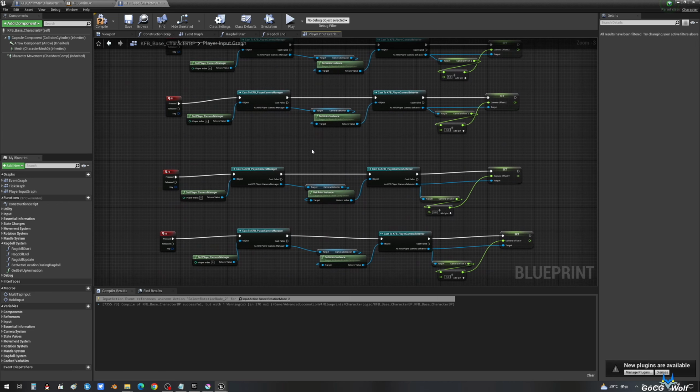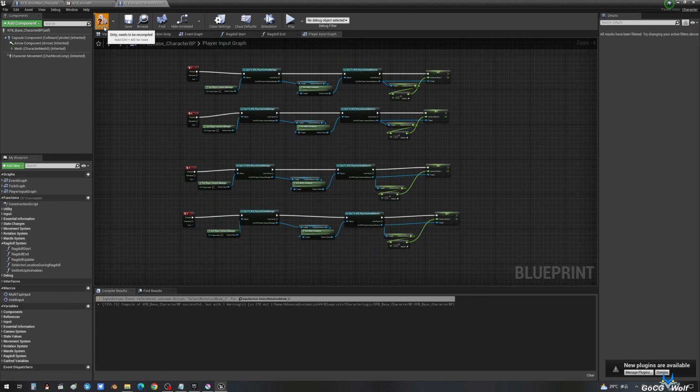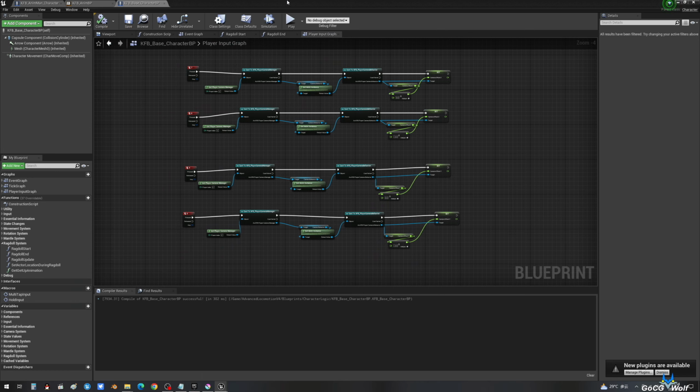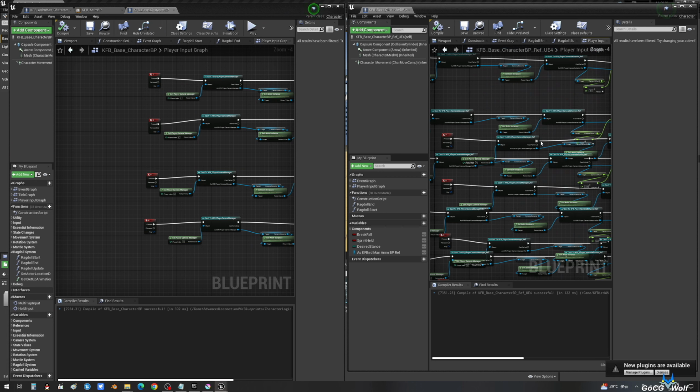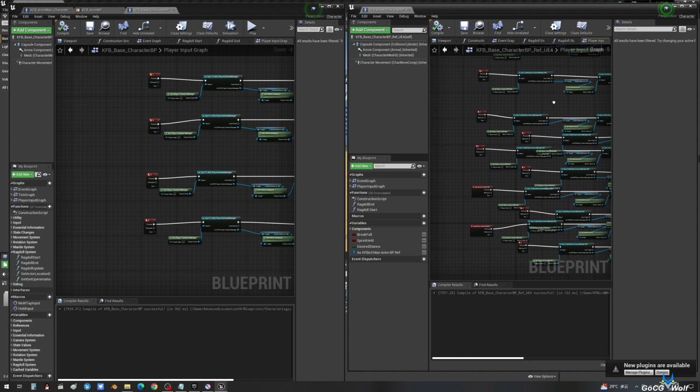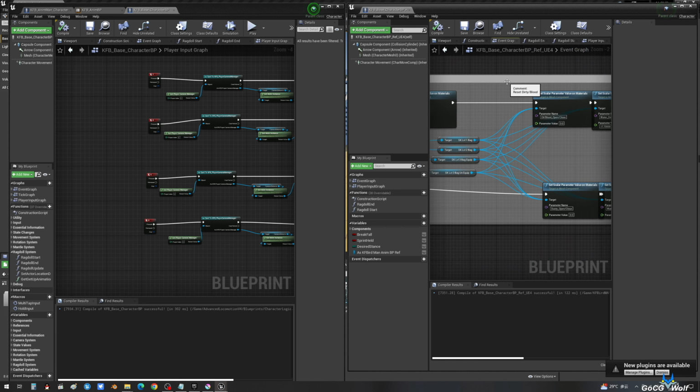And then 7, 8, 9, 0 are camera displacements. I seem to have accidentally copied one earlier. It's fine. Let's go to the event blueprint.